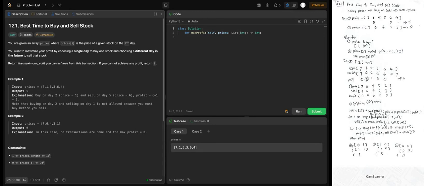Well, I don't need to care which day I'm gonna sell, but I can reuse the sell array to determine the maximum price that I can sell at in the future of day i. Then at the end, I'm gonna return the net profit. I think